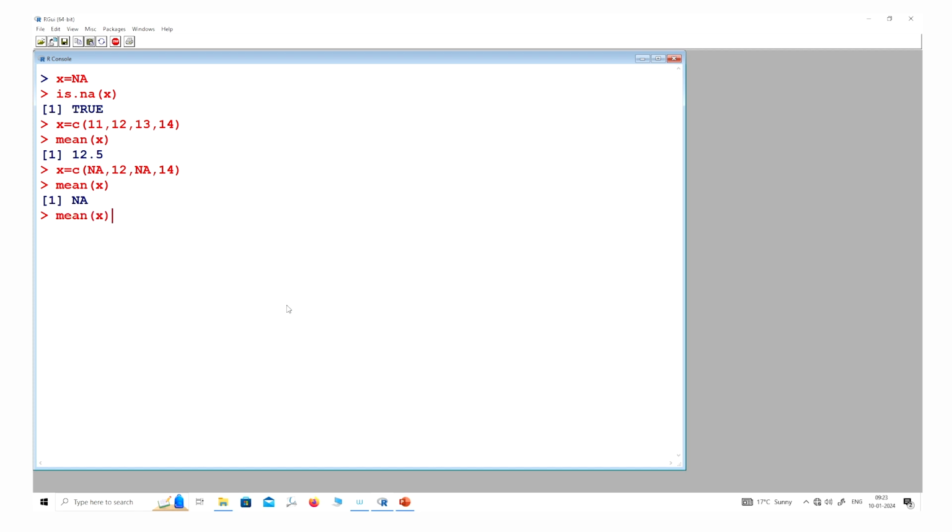But in the same command, if you use na.rm equal to TRUE, there is one typographical mistake here, you can see that the mean of x comes out to be 13, which is 12 plus 14, this is 26 divided by 2, which is 13.